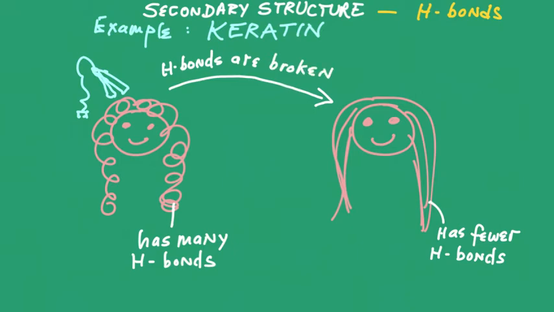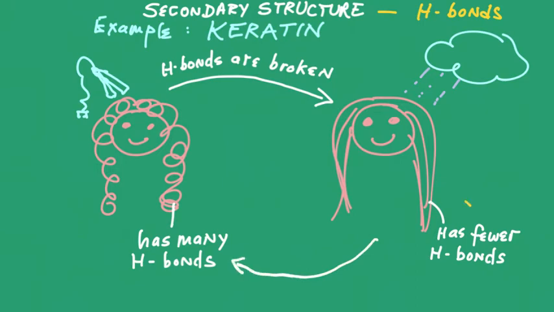So let's say I have straightened my hair and I feel good, I look good, and I step out and it's raining. And I've forgotten my umbrella. So what's going to happen is that rainwater enhances hydrogen bonds. Rainwater is attracted to the dry hair and enhances the hydrogen bonds. And as a result,